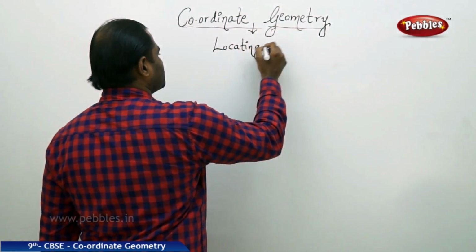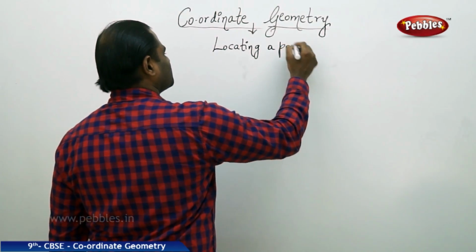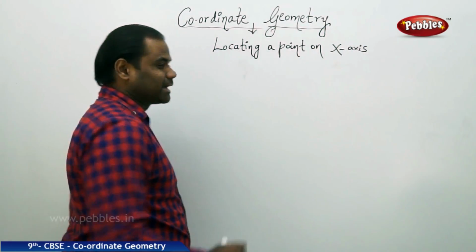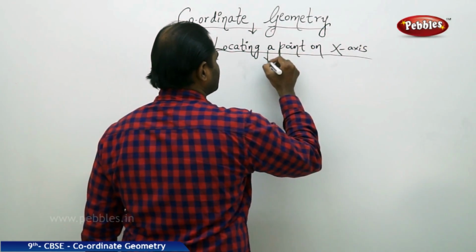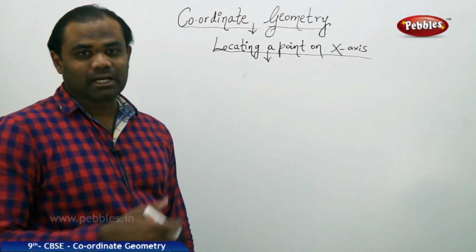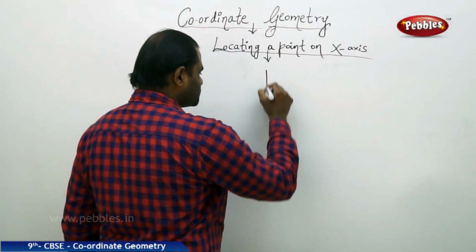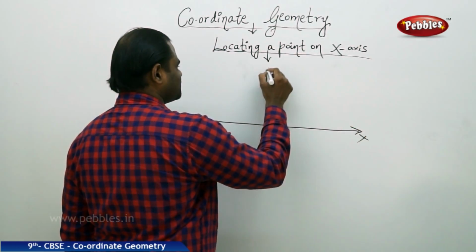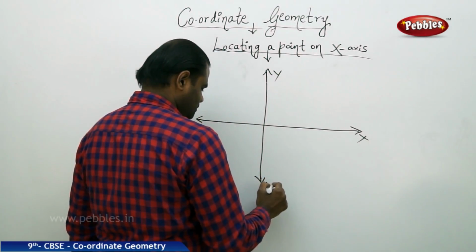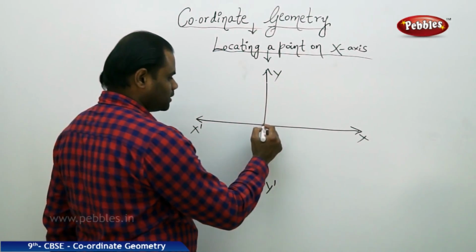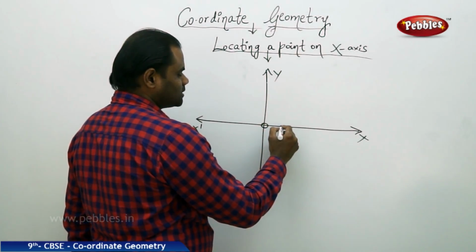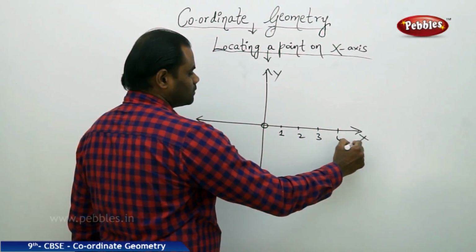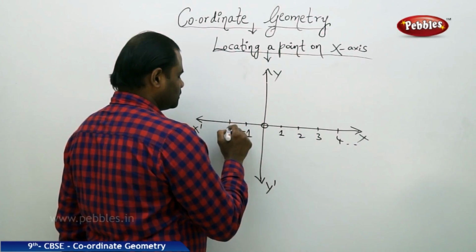Locating a point on the x-axis, the horizontal axis. So let's recap with the Cartesian plane. With the introduction of the Cartesian plane, x dash and y dash, with the origin being the intersection, let me just take 1, 2, 3, 4, minus 1,